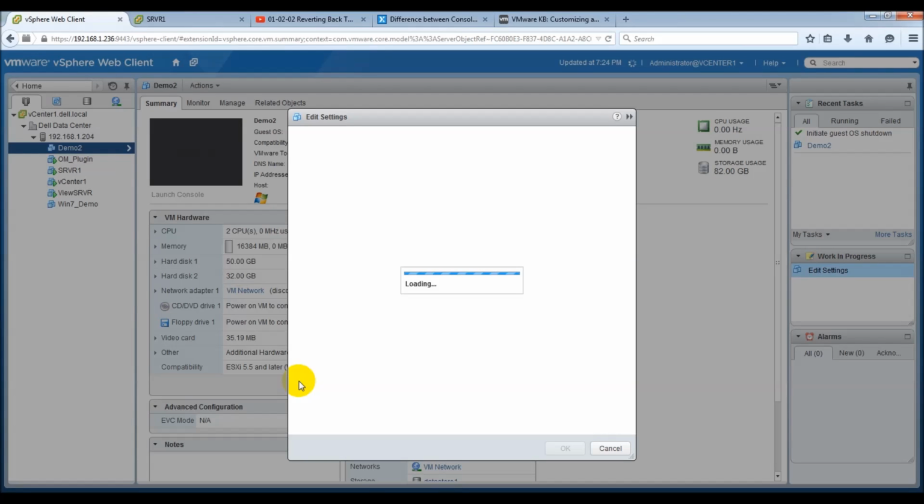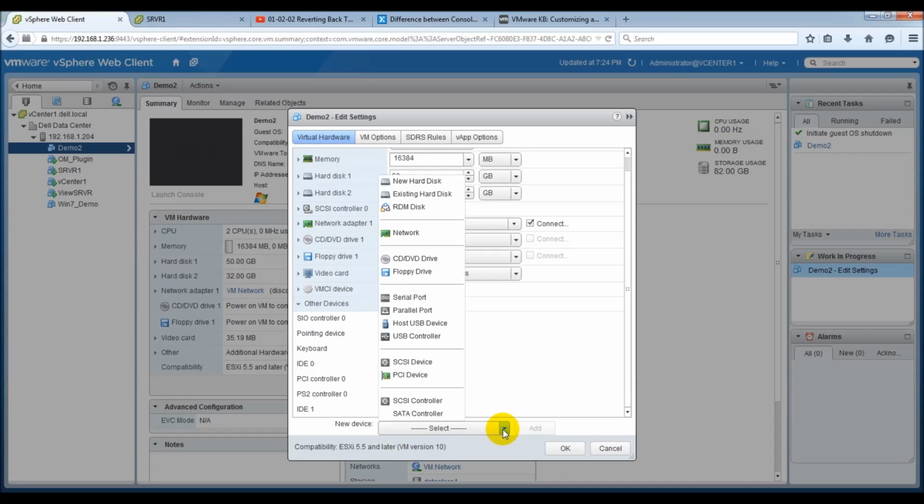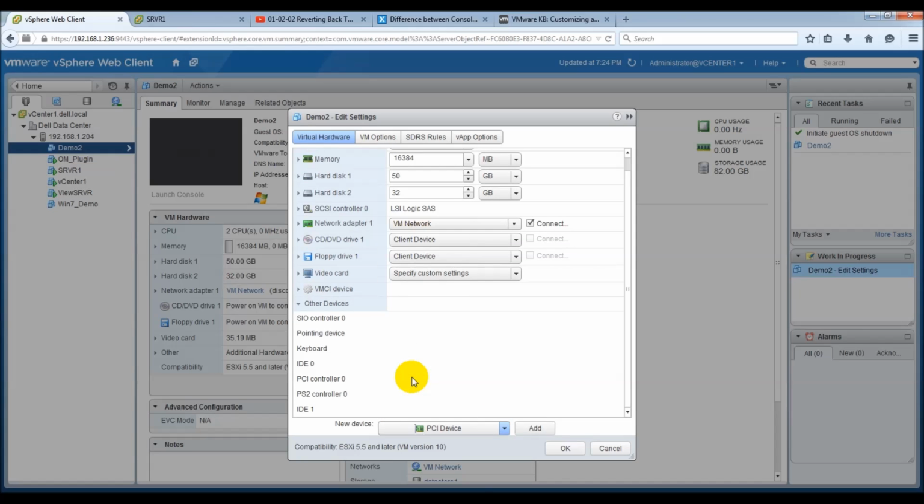Once that comes up, we'll go ahead and add that PCI pass-through. Takes just a moment. Okay. We'll select and go ahead and add a PCI device. Say add. Should come up with